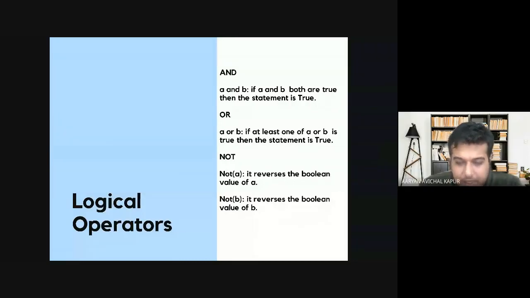Your voice was breaking, but I think I understand what you mean. Yes, we discussed this in the first lecture itself. This is reassigning a value to a variable. So if I say a is equal to 1, and in the next line I say a is equal to 3, and when I print a, it would show me 3 because in the latest edit I've changed it.